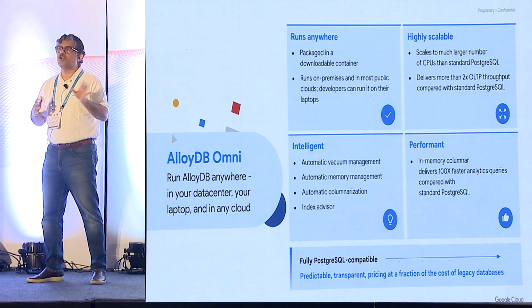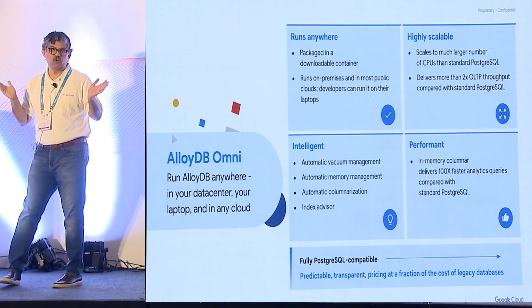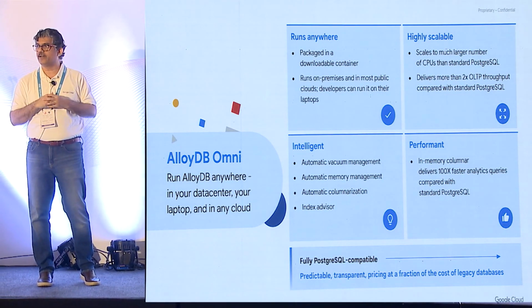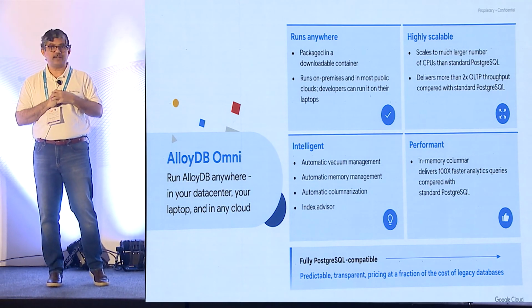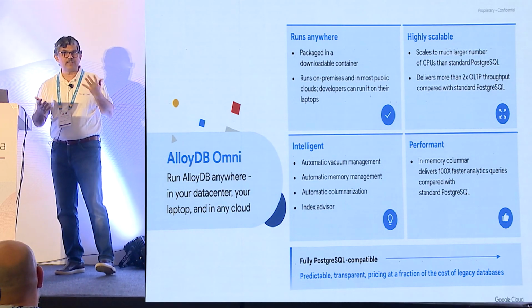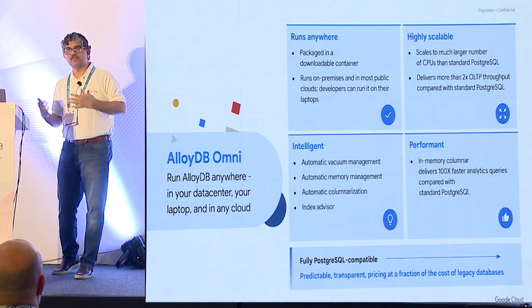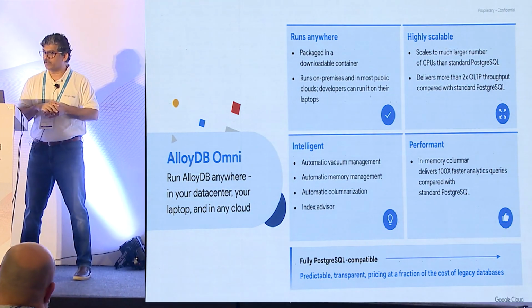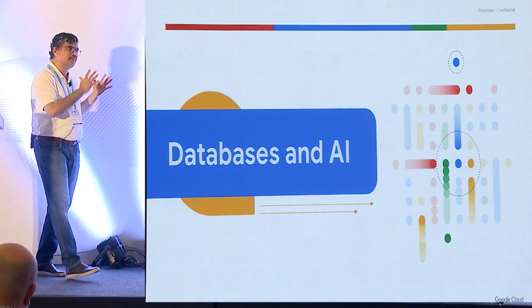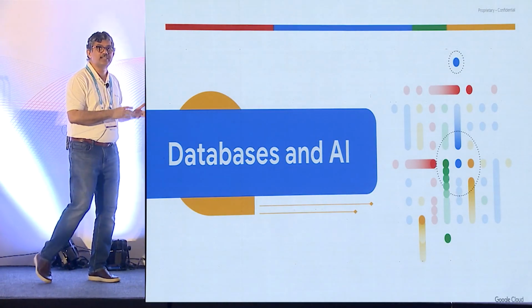For developers, AlloyDB Omni is free. You can just download, play with it. It runs in a container, so it just runs in a Docker container, and you can just download and play with that, right? So Omni is kind of useful for a lot of our customers who want to play with AlloyDB first, and then kind of decide whether they want to go to the cloud service. So that's a quick view of the Google Cloud databases and a little bit around what the Postgres variants are